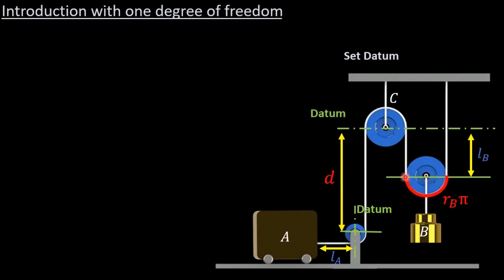Remember the circumference of a circle is 2 pi r, and since we've got half a circle, we ignore the 2 and just put pi r. Okay, so that's basically what this is here. And I can do the same thing for this. So the radius of this pulley at point C times pi will give me that constant length,